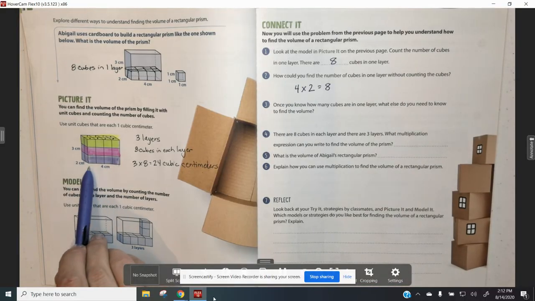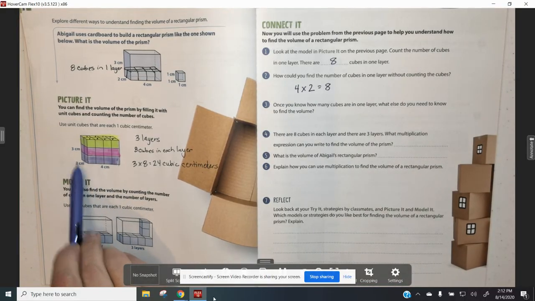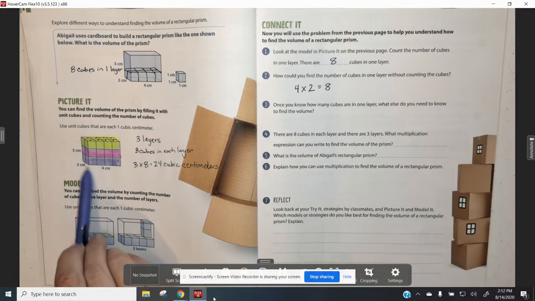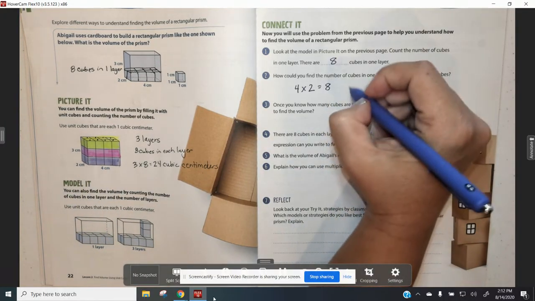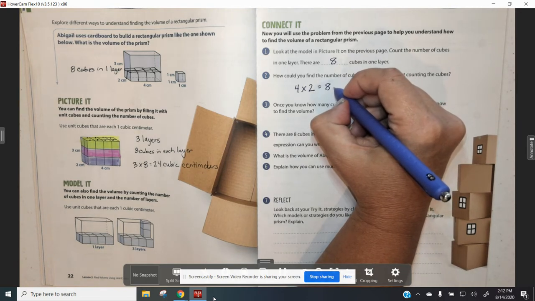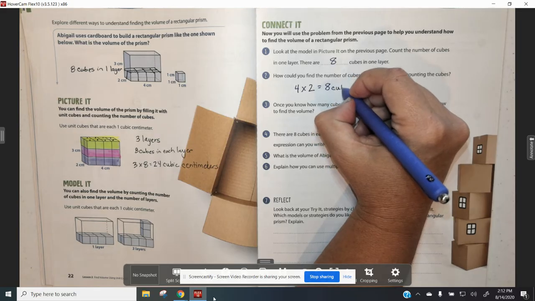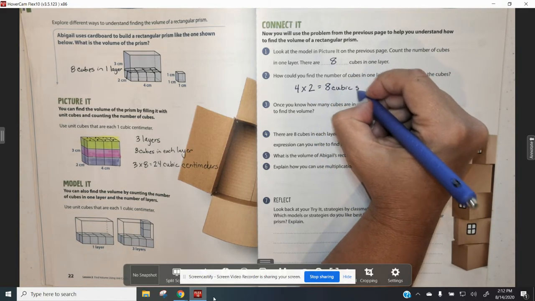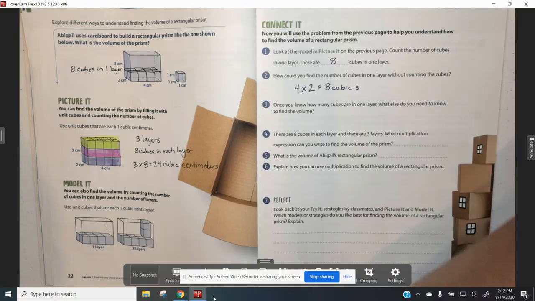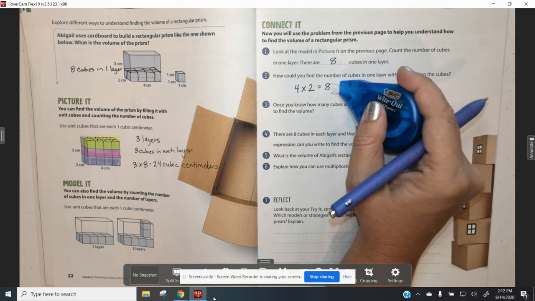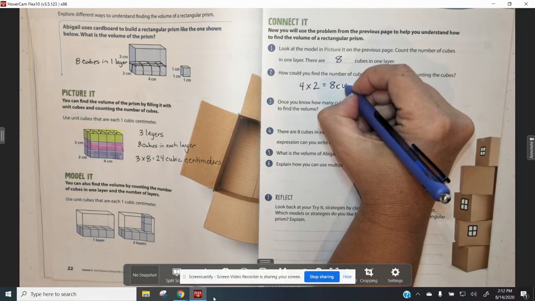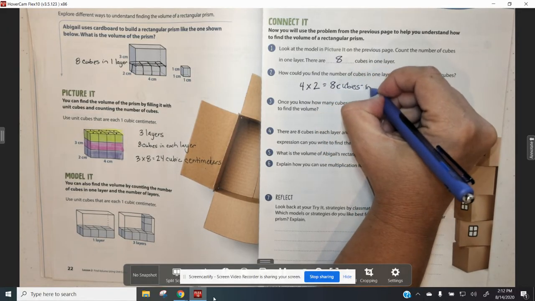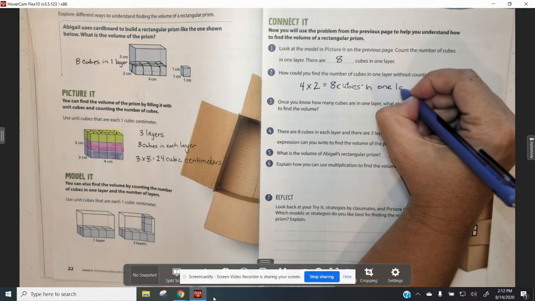So if I look at the length and the width of just the bottom of the pyramid, I can know that there are 8 cubic squares, or we'll say cubes. There are 8 cubes in one layer